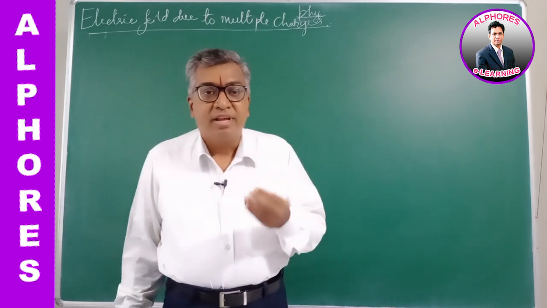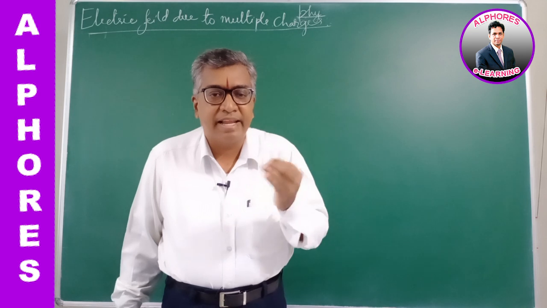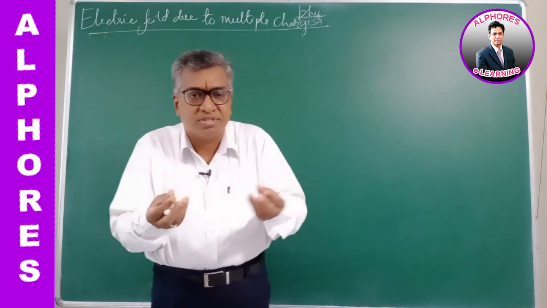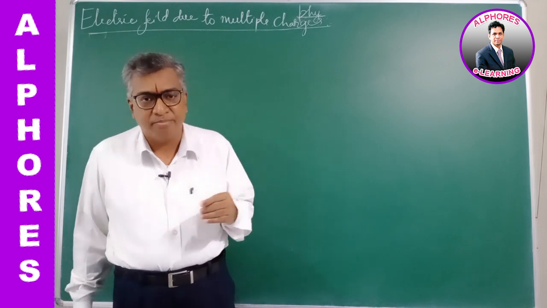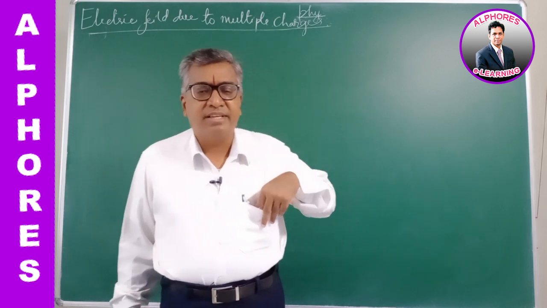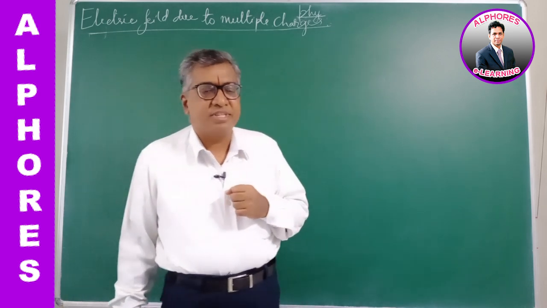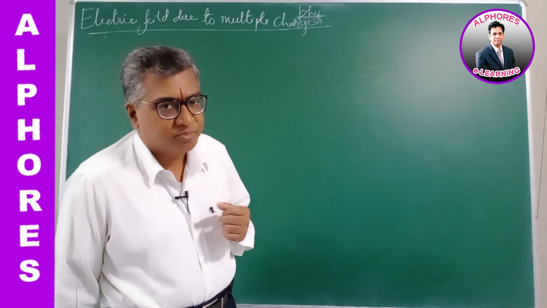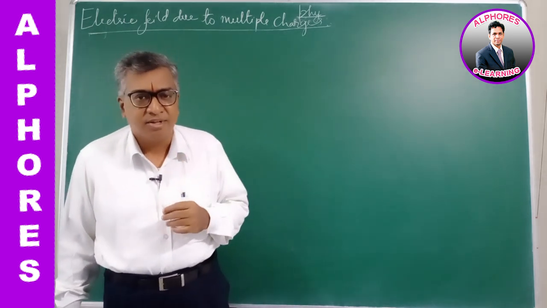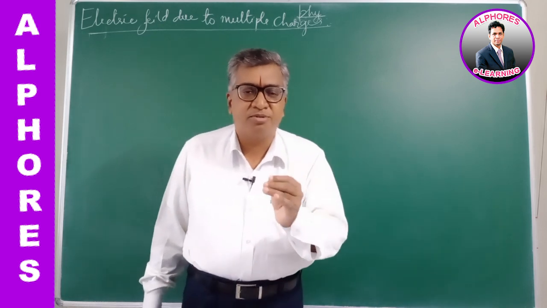Later, Coulomb's law, like charges repel, unlike charges attract. Actually, charge was noticed by the force that is applied by one on the other. So there is repulsion and attraction force. For this, the analytical approach was given by Charles Coulomb, right? Coulomb's law: F is directly proportional to Q1 Q2 by R square. Force F is equal to 1 by 4 epsilon naught Q1 Q2 by R square.